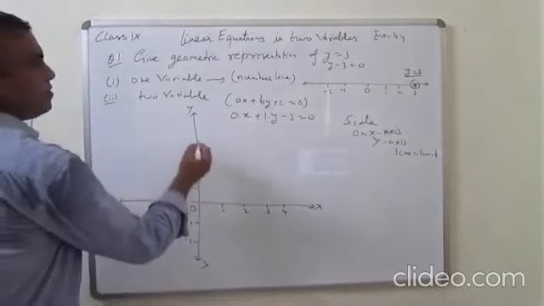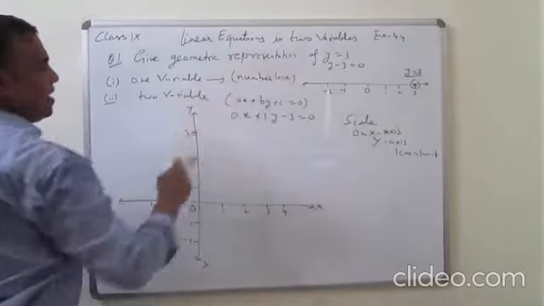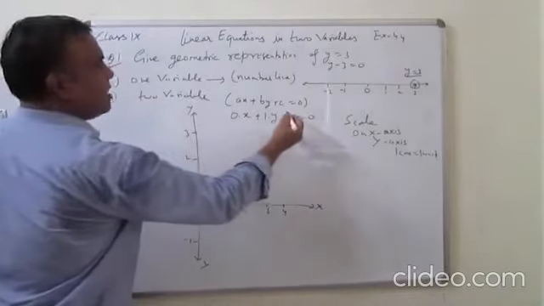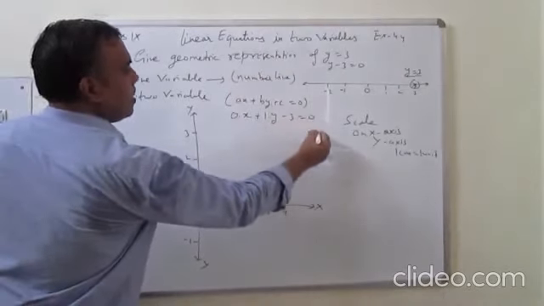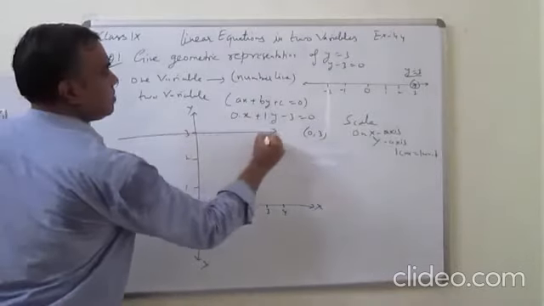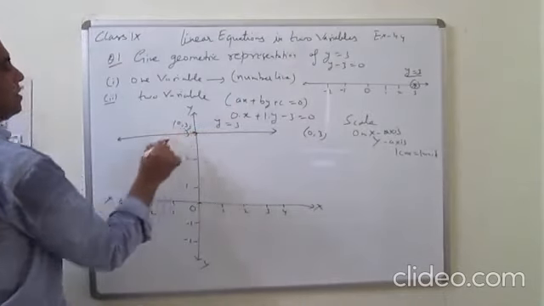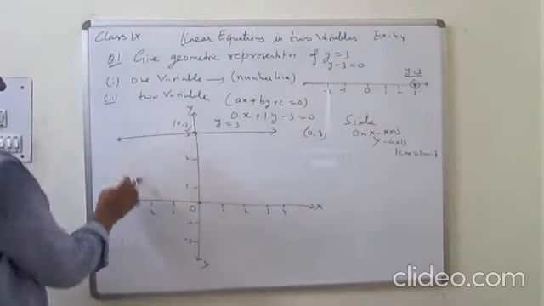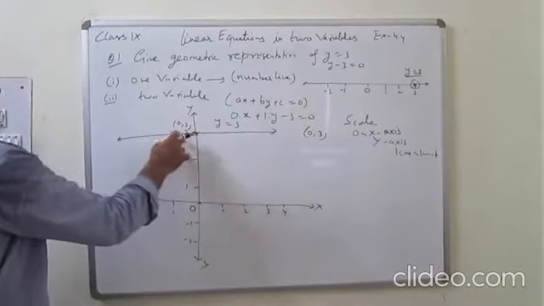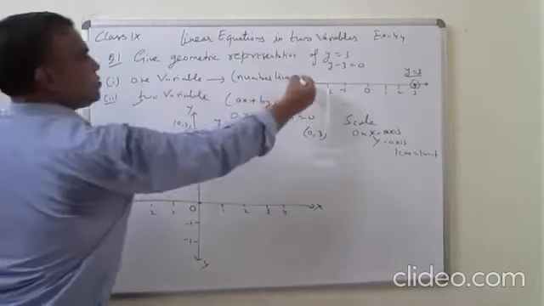Now go up to 3. Now the line we have to draw is y is equal to 3. x is 0, so which point do you have to plot? y is equal to 3, so it is 0 comma 3. So this is the line y is equal to 3, and this is 0 comma 3. Here 3 is fixed but the x coordinate is changing. 3 is fixed, that's why it is a line parallel to the x axis. It is two variables, and that was one variable.